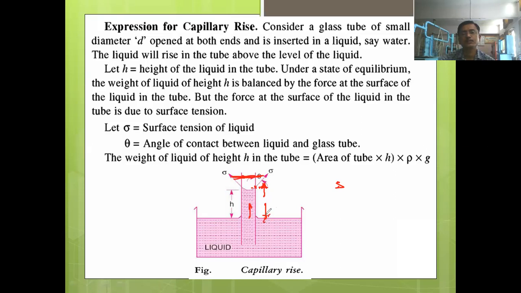Yes, can anyone tell? There should be some limit, na? Or will it increase indefinitely? No, sir. Yes, definitely it will not increase indefinitely. There will be some limit. So what is the other force which is going to control this rise? Gravity. Correct. So that is gravitational force, or we can say the weight of the liquid which is present inside this column. एवढा जो column आहे त्याचा जो weight आहे, that weight is the limiting force for this surface tensile force.